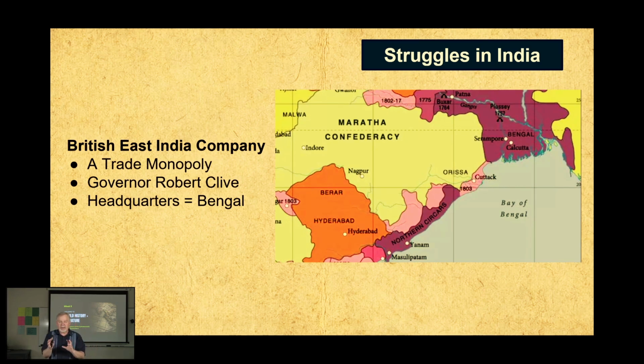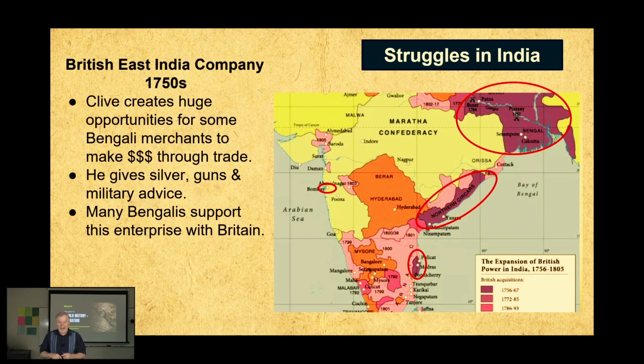There's a lot of stuff going on if you were to look at that cycle of choices. What is the situation? Depending on the perspective, it can change quite a bit. By the 1750s, Clive creates this huge opportunity for some of the Bengali merchants. So he's kind of wheeling and dealing with the inside guys, the local inside merchants, making trade deals that may or may not benefit the princes. They may or may not benefit the region, the natives of that land, but it certainly makes the merchants a